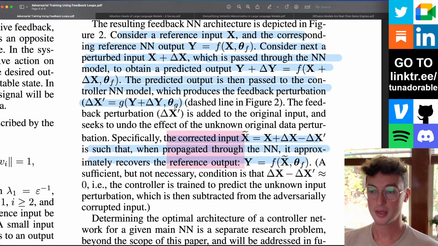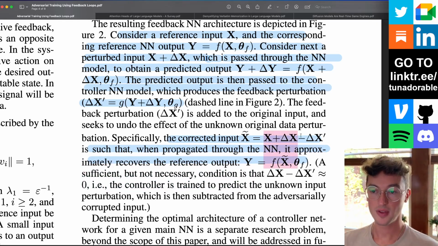Now, this new corrected input, which we'll call x squiggly, I guess, is not just the initial correct, regular input that you would use training any other network. It's also the adversarial perturbation and the controller network's attempted fix adjustment perturbation, with the idea being that when propagated through the actual primary neural network, this should approximately recover the reference output, y.